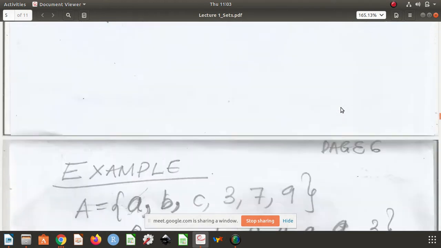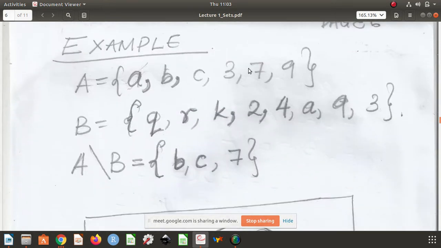So I don't know if I had an example. Yes, here is an example. We have A and B, and we want to get the relative complement of B in A, right? So we need to find all the elements that are in A that don't appear in B. And this turns out to be just B, C, and 7,